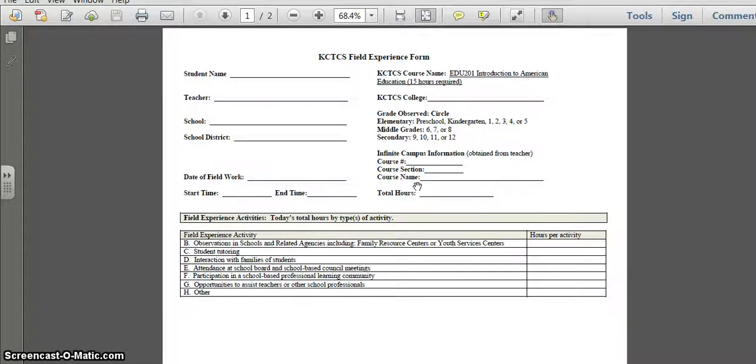This Infinite Campus information should not be foreign to your teachers. When you go to the classroom and you say to the teacher, I need the Infinite Campus course number, they're not going to know those by heart, but they should be able to get those for you with no problem. You're going to put your start time, your end time, and your total hours. So if you go to a middle school and you're there all day, let's say you do a 6-hour and you see 6 periods, each period is a different group of students, then you will have 6 of these forms